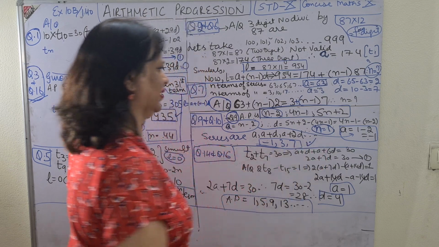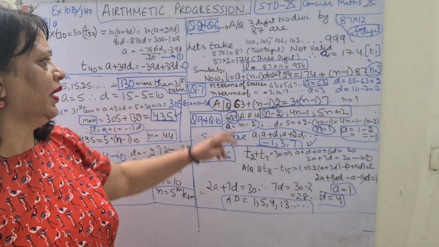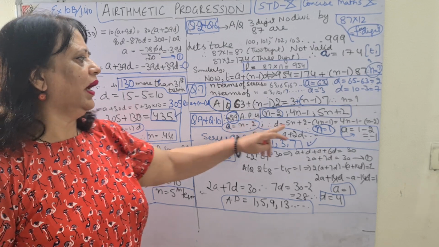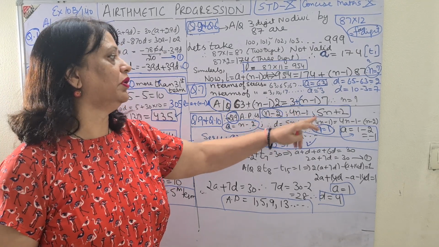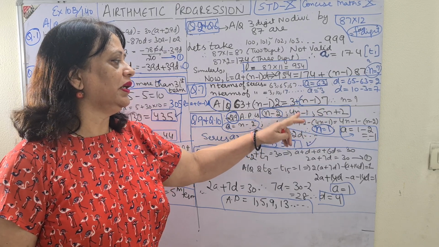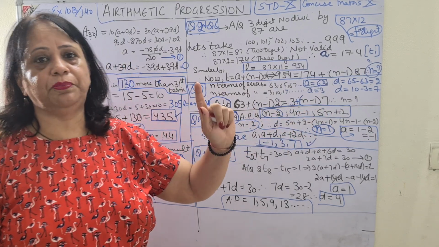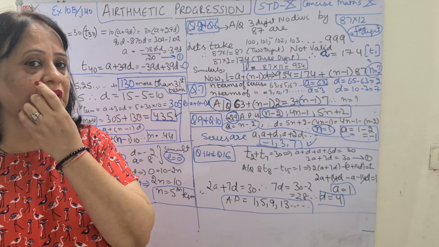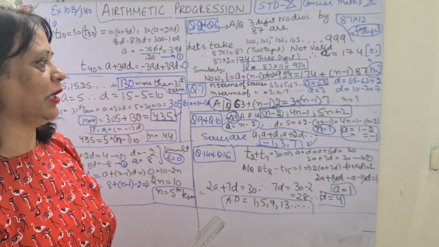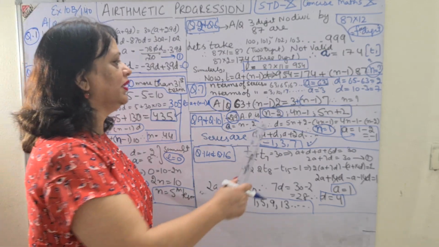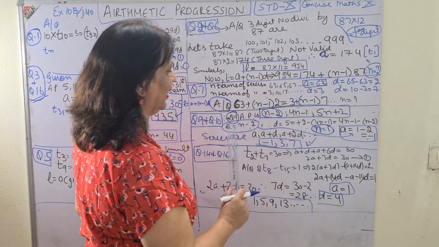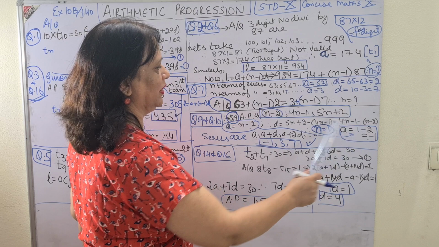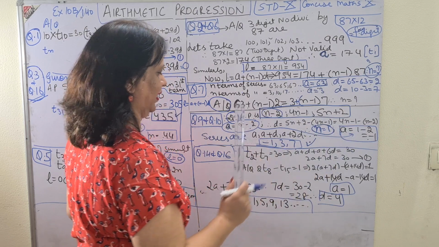So a little difference, but the basic is the same. First term will be A and D will be T2 minus T1 is equal to T3 minus T2, because I have already explained that the common difference has to be the same, and this type of concept will help me to find the value of n. Once I get the value of n, I can easily find the value of A. So please read it nicely, it is very clear.